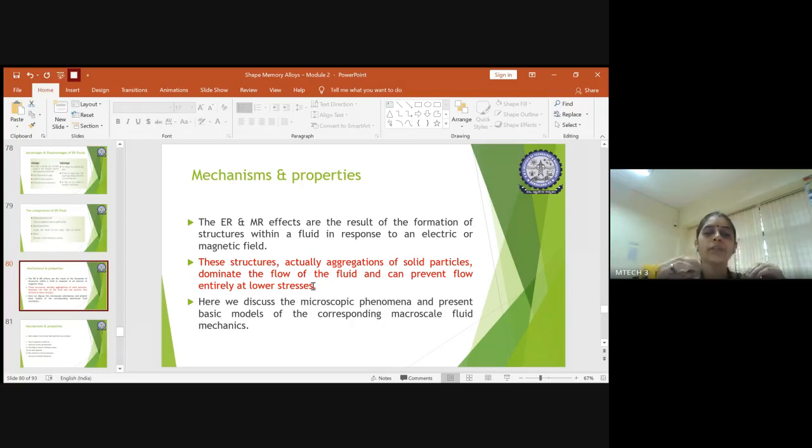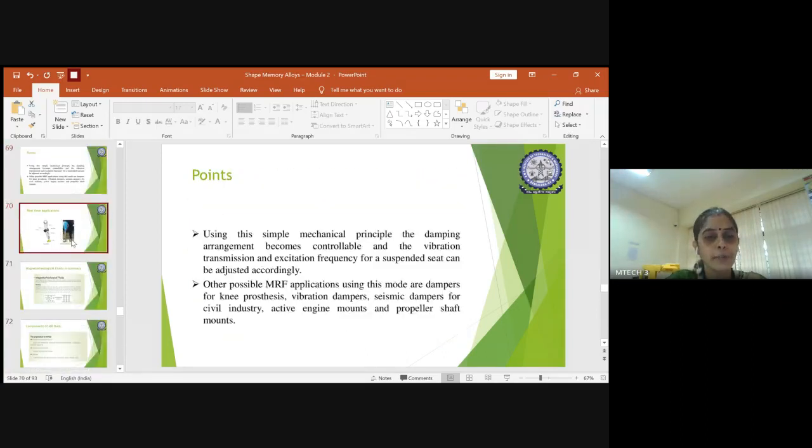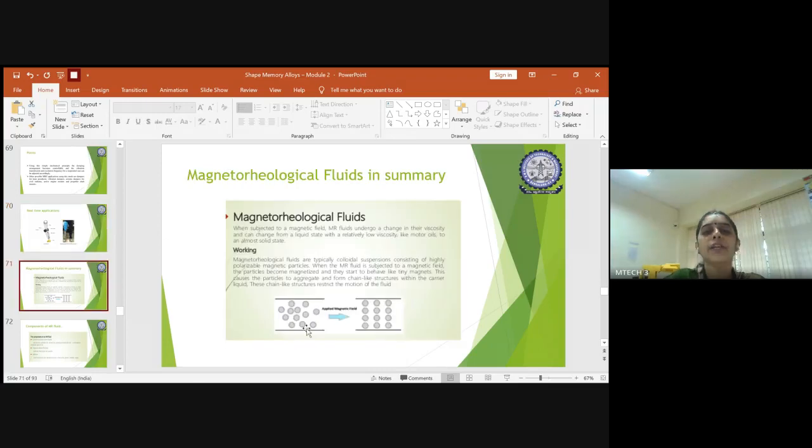But whereas when you have some particles embedded in the fluid, these act as a barrier for the flow of the fluid. In return, they form a structure arranged one above the other, like a network connection, which helps in improving the viscosity. So if you are finding difficulty again, you can see the slides before what we have explained. Here only you can see.